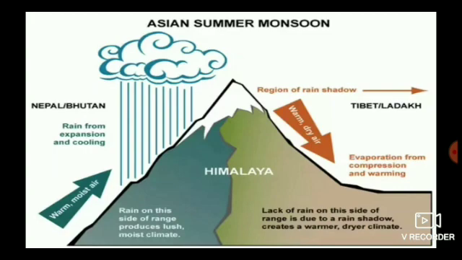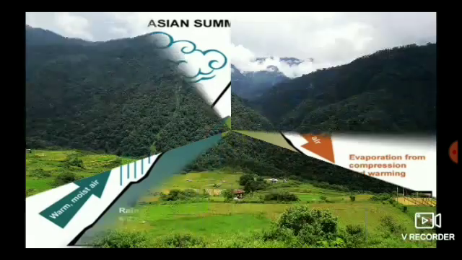So the Himalayan range acts as a barrier for the cold winds coming from Siberia. If that wind also entered the country, people wouldn't be able to live there. People can't survive in such a very cold condition. Can you understand, children? So that is why they say the Himalayan range acts as a barrier from the cold winds coming from Siberia. Okay, children? Yes. Now let's move to the next fact.